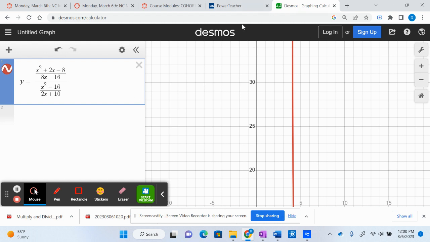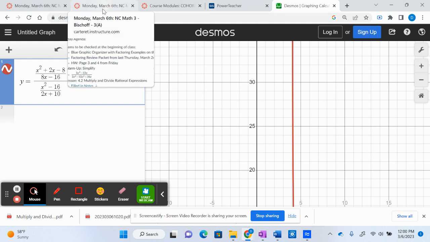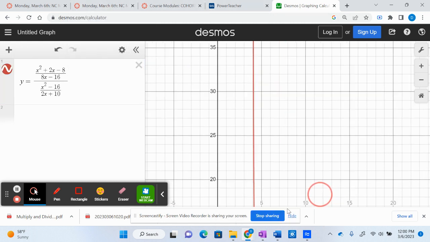Okay. So I wanted to show you that you can kind of check your holes or your excluded values by clicking on that. Okay. So I'm going to